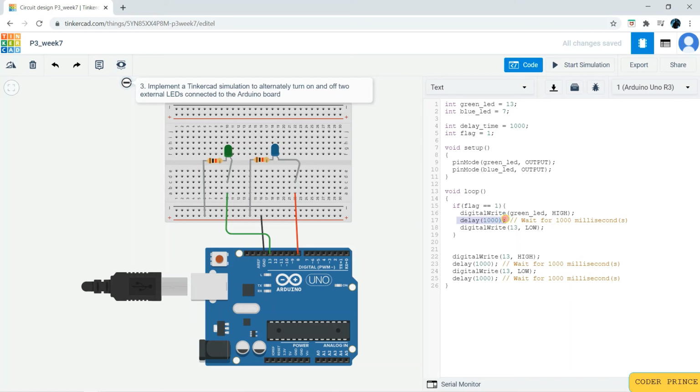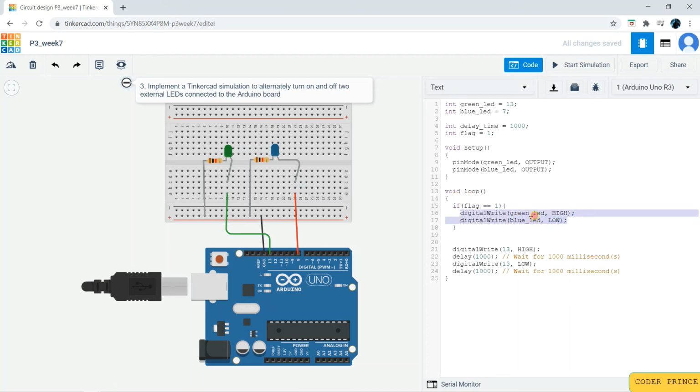But now I will just remove this off, because in the if condition we want this LED to glow, and for the second loop this LED to glow and this to turn off. So here I will set the blue LED to low. Understanding, right? So in the first block we will have the green LED high state, blue LED low state, and since we need it to execute only once, we will make flag 0, and here else